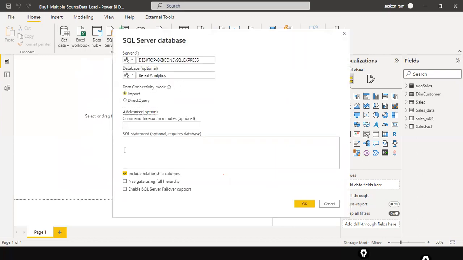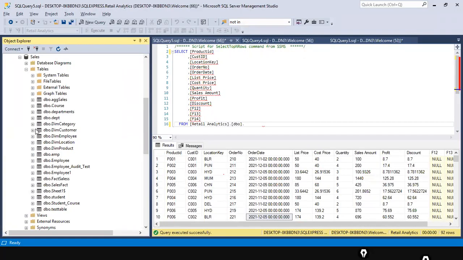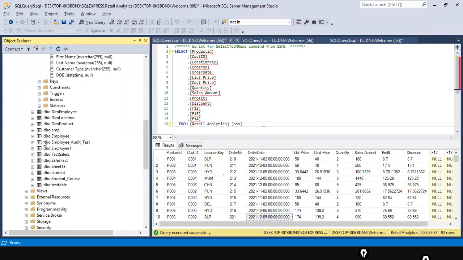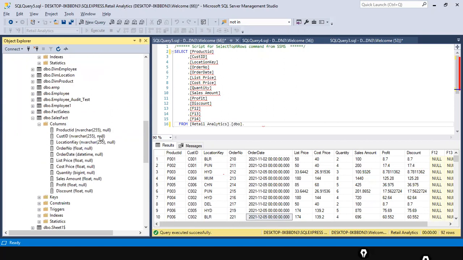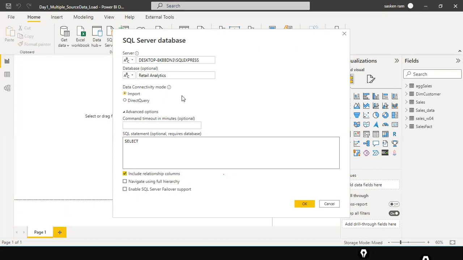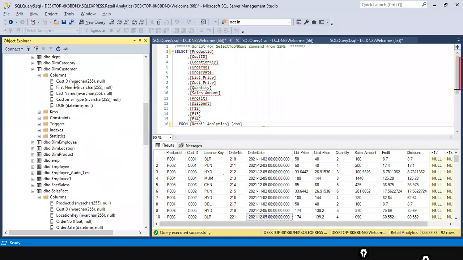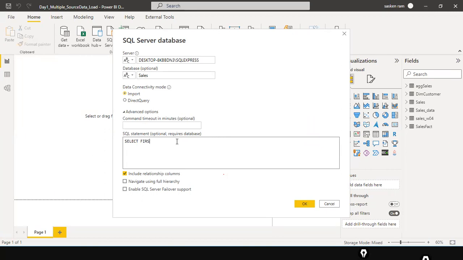For example, I'll start with import so that you will get some kind of visibility here. Here I just write select. Let me just see the column names. Or I just go to the SQL Server and then the customer name. Yeah, customer name is in the sales database. Here the first name, and in the sales fact table you have something called quantity and sales. Ideally I should have used this one. Instead of this one, I just use the sales database. And here, yeah, the customer table is there, right? Customer first name, select first name,